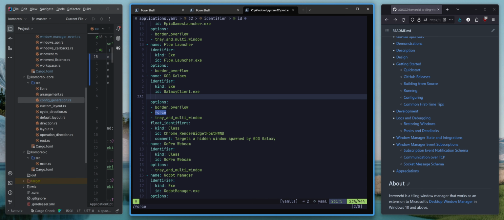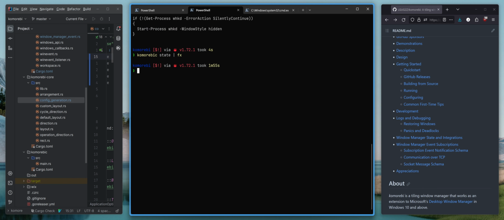And so we added matching strategy regex, and then we turned this exe into a regex. So let's stop and start again